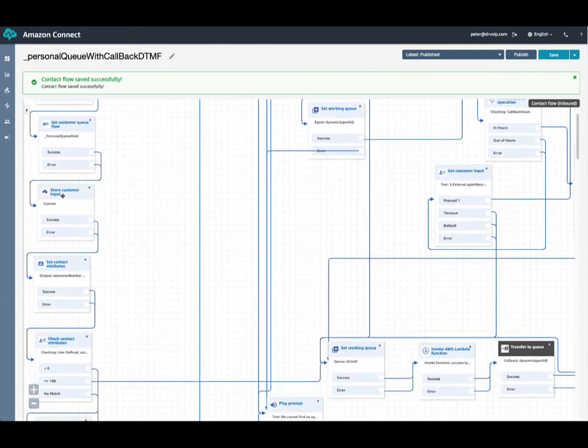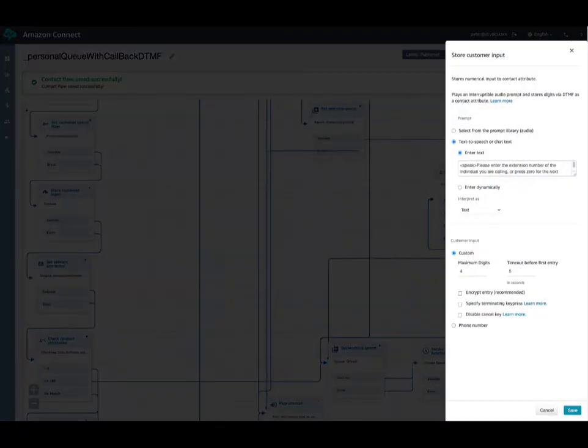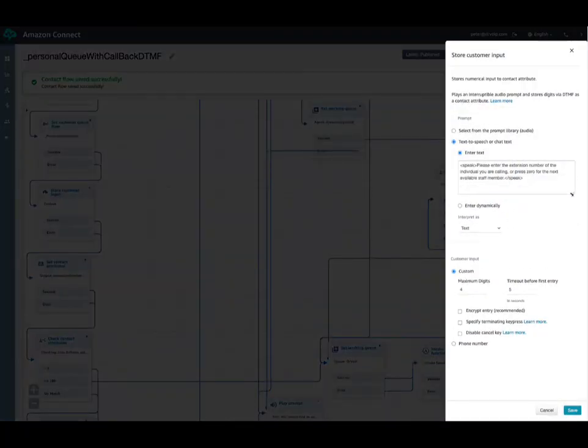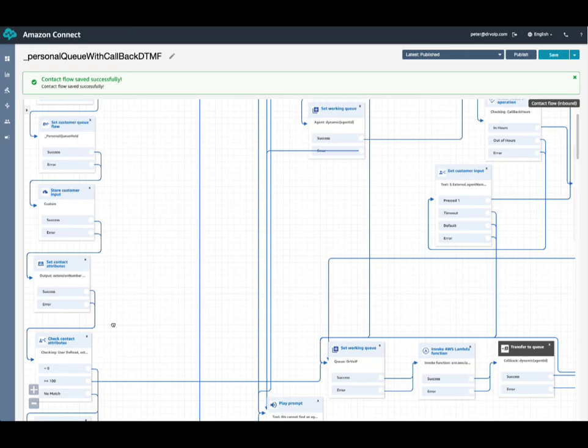At this point, I'm using a store customer input rather than get customer input. The difference being is if you use get customer input, you can only input a single digit. Here, I want to prompt them to enter the extension number of the individual that they're trying to reach. We're going to set that as a contact attribute, a user-defined parameter called extension number.